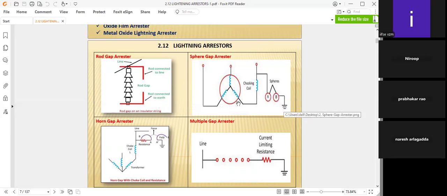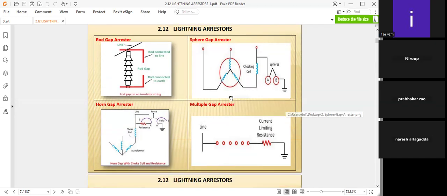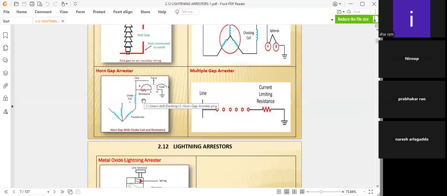Different types of arrestors have the same functions: source, path, and receiver. The receiver here is the earth. The source is lightning. The path is your circuit or the lightning arrestor. The horn gap arrestor is also there. The line of force, field resistance, choke coil, and transformer, as well as the earth, will be reached through the earthing